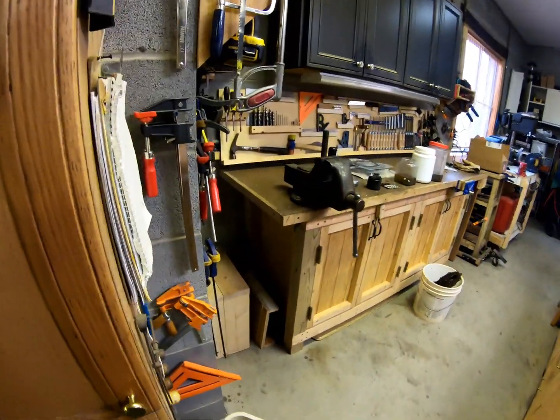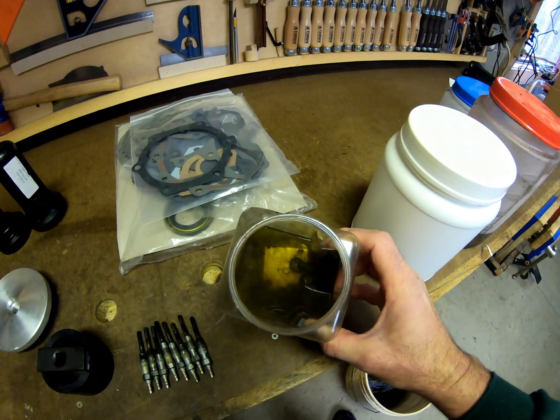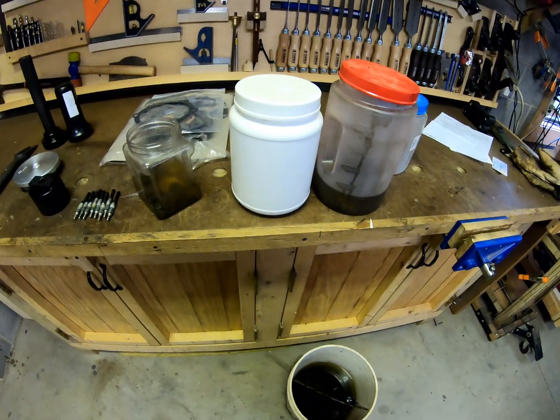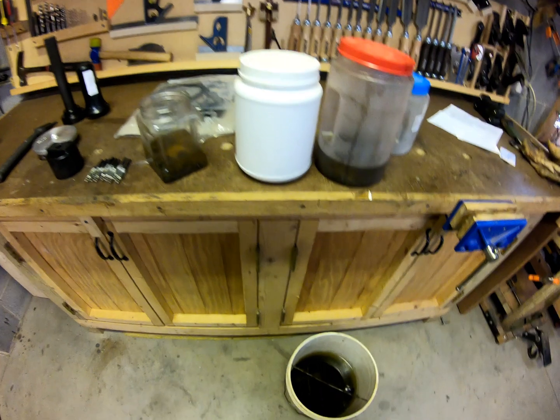So to get you caught up kind of where I left off, I have some parts soaking in the vapor rust. Now, a couple different containers. I'm trying to keep the valve cover bolt separate from the intake manifold bolts and some other stuff, and I have a bucket